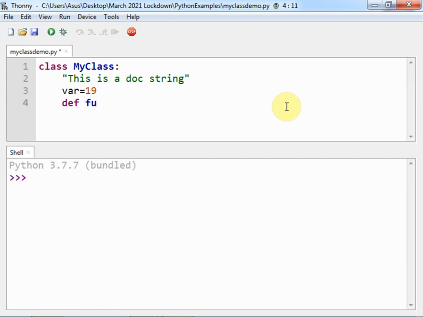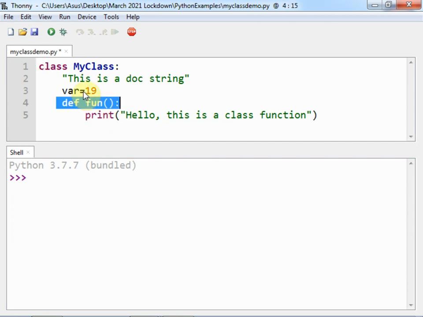In front of that I will write the name of the function, then colon, and then suppose any statement like print hello, this is a class function. So this is all about the class definition and class docstring and class attributes like variable and function.